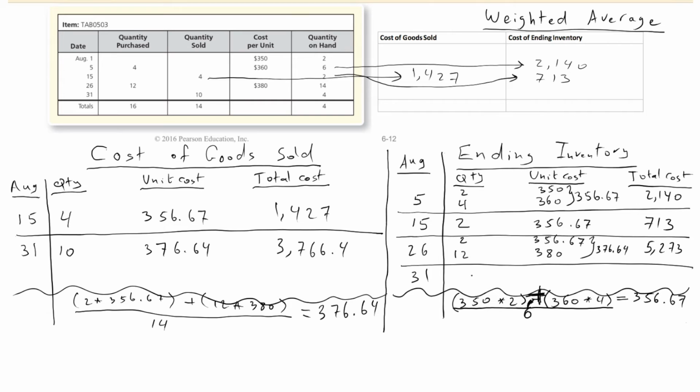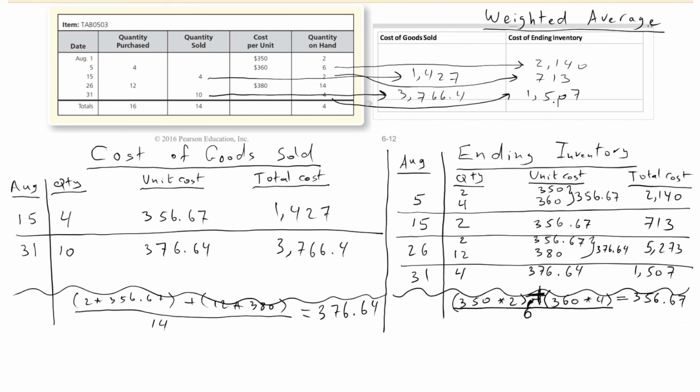Okay, so your ending inventory will be, I used to have 14, we sold 10, so now we have only 4 units at the end of the period, and then you multiply that by the same average that we calculated. I did not purchase anything on August 31st, so I do not have to adjust the average cost that I calculated on August 26th. I'm just going to carry over the same average. Okay, so you multiply that by the 4 units, you get 1,507. So over here, the 10 units we sold, I'm just going to show the cost of goods sold very quickly. That would be 3,766.4, and the same day, those 4 units, the cost of ending inventory for those is